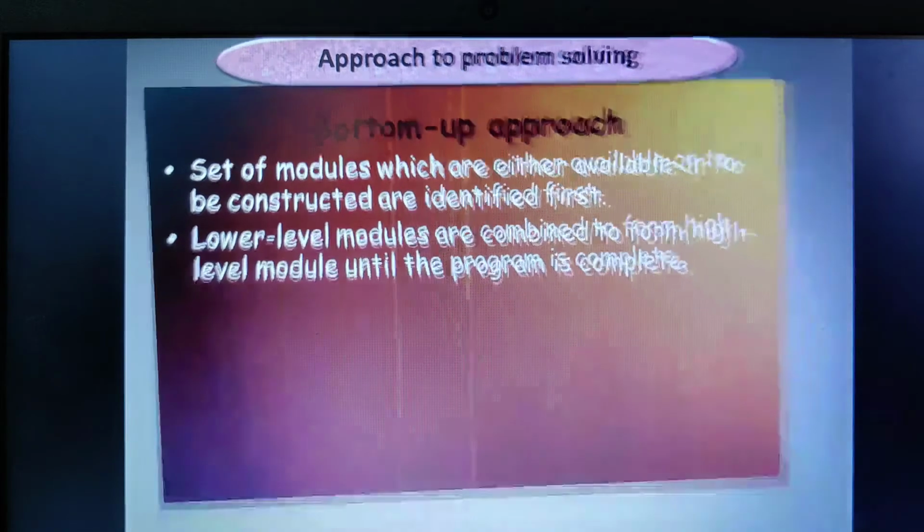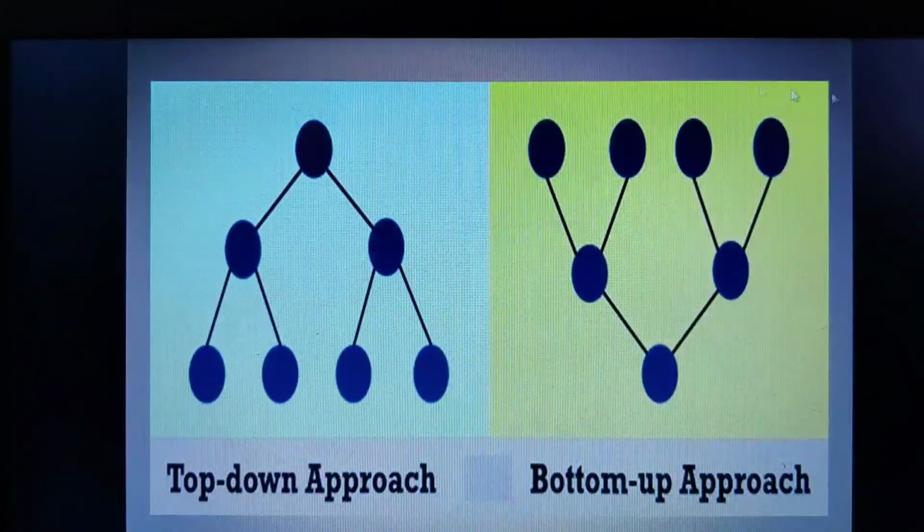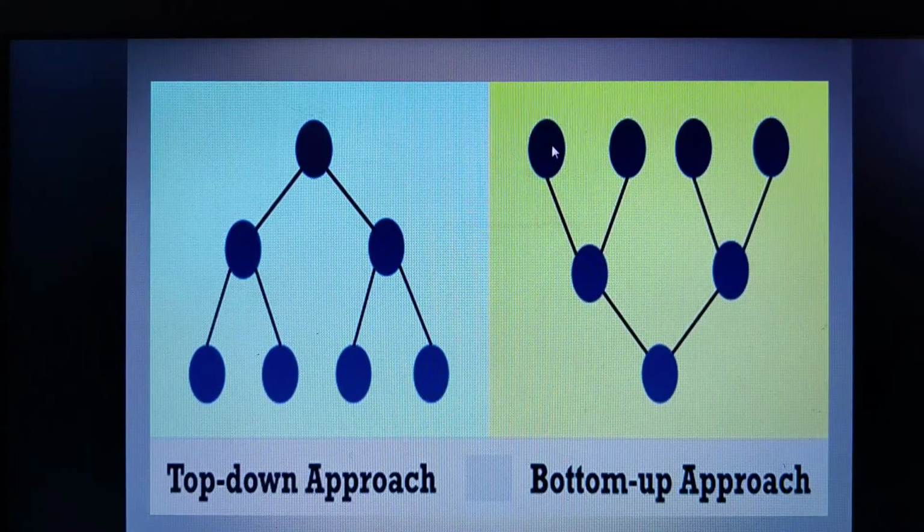So with a bottom-up approach, I will write a subprogram for addition, a subprogram for multiplication, a subprogram for division, and a subprogram for modulus. I will combine two modules into one module, combine two other modules into another module, and then finally integrate them in order to develop the overall solution to this particular problem.